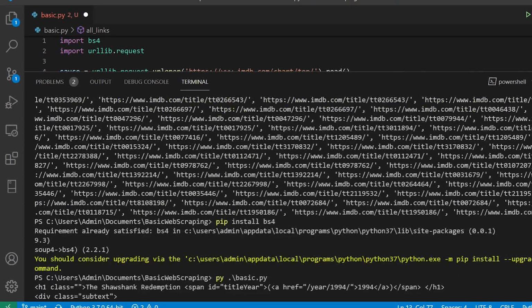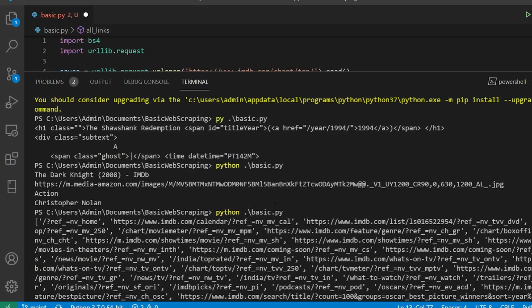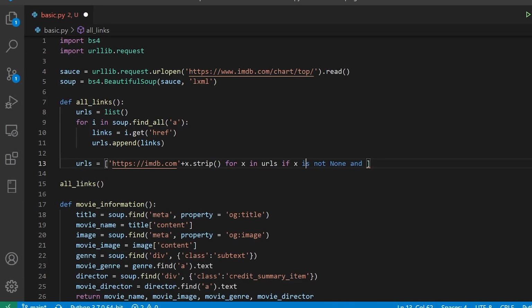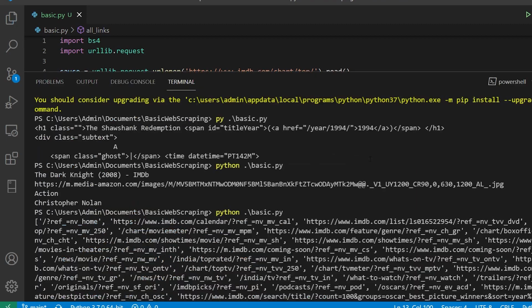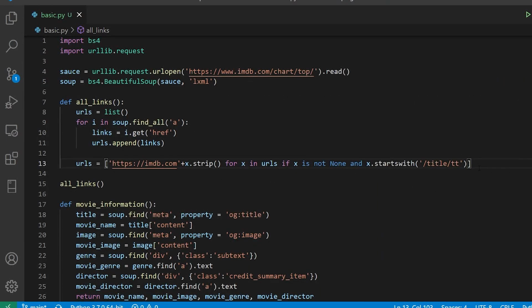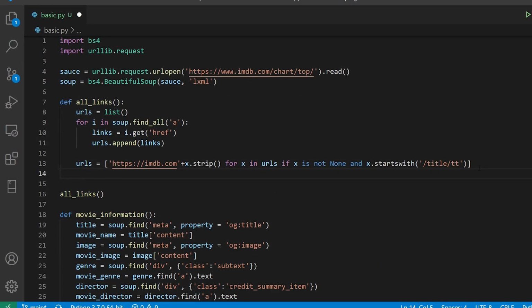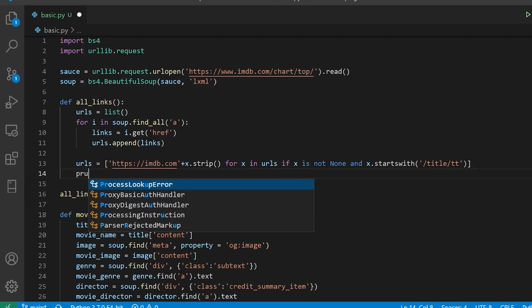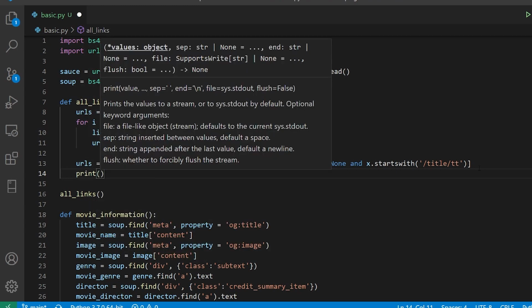Okay, because if we have any none thing, it is going to break. So for that, we are going to say x if x is not none, and x dot startswith, I'm going to feed, I'll say title/tt. All right, so this is going to give me all of these links, title/tt, title/tt, title/tt. And now let us just check this. So the way I do it, I'll just print the urls.